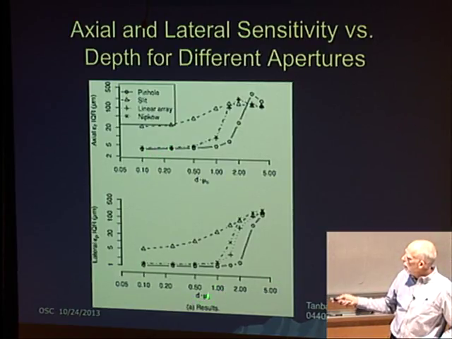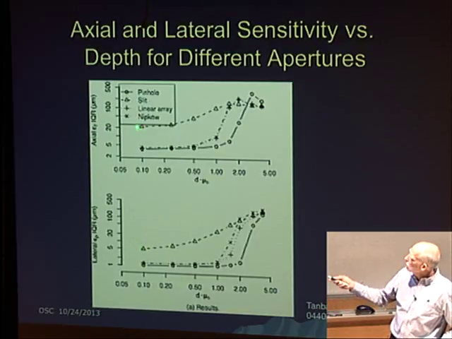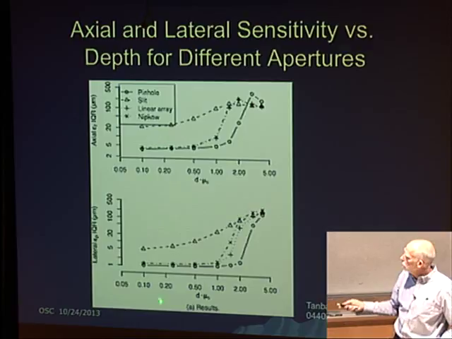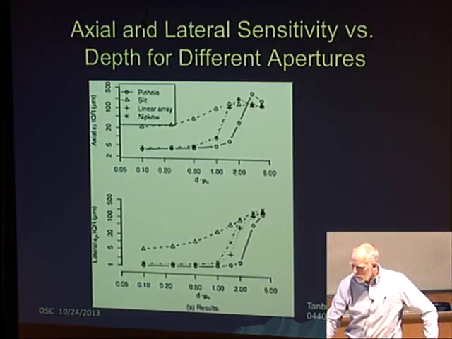So just to finish that concept off, here are plots of looking at how deep you're imaging, d times the scattering coefficient. So it's essentially numbers of mean free paths in scattering. So at about 1, you can see that this is the axial resolution plot. You can see that at about 1 scattering mean free path, you're going from 25 microns resolution to things getting really blurred out and essentially not even sectioning hardly anymore. So you can't go very deep. That's the problem in a scattering media. Whereas if you switch from slit to linear array, you recover almost the performance you would get out of a pinhole, both in the axial resolution and in the lateral resolution degradation of the system.